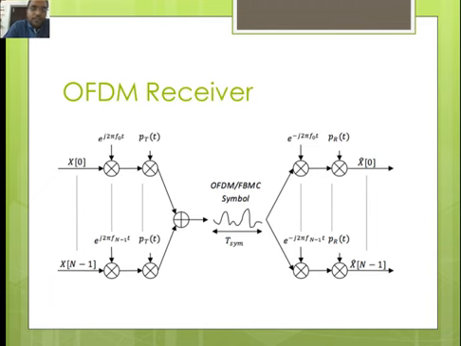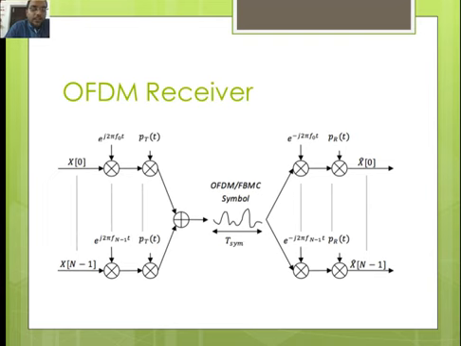The conjugate of the subcarrier, e power j 2 pi f naught t, is orthogonal to the other subcarriers, and so on for the other subcarriers. But the orthogonality holds only in a specific interval of time of length T symbol,